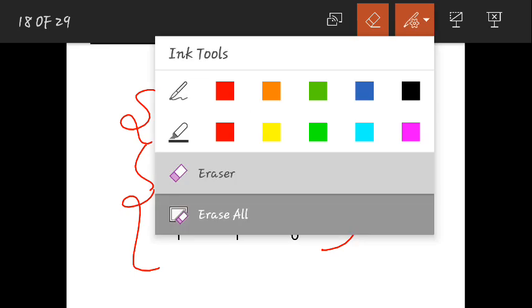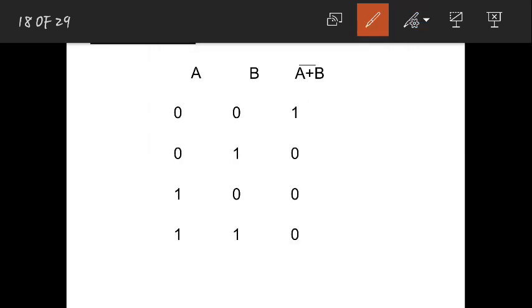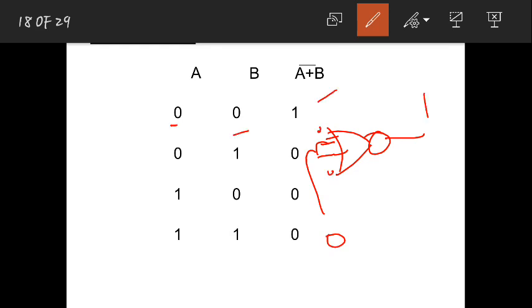And the same thing again, how you can derive the NOT gate using the NOR gate: take a NOR gate, you have two inputs, right? Just short them and give a single input. If you give 0, both will be 0 and 0, which means the output is 1. So whatever input you have given is 0, the output is always equal to 1. So this is the NOT gate's output.